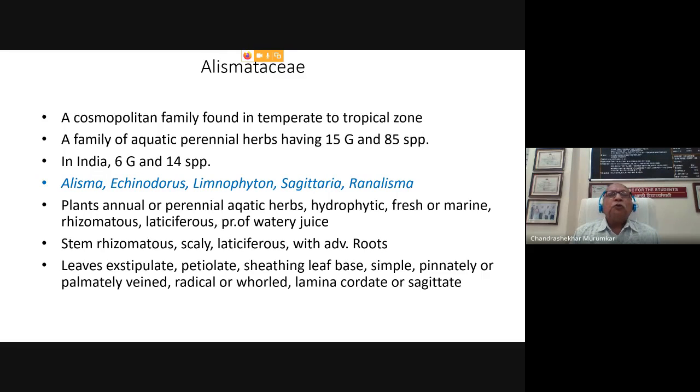Dear friends, you know that the monocotyledons group is more evolved than dicotyledons, and this particular group is characterized by very important characters: it is having the parallel venation, the floral arrangement is of a trimerous type, and it is having the closed vascular bundles. Whereas in case of dicots, the vascular bundles are of open type.